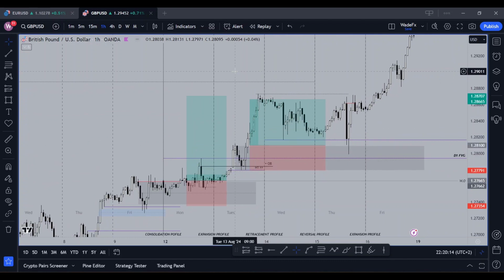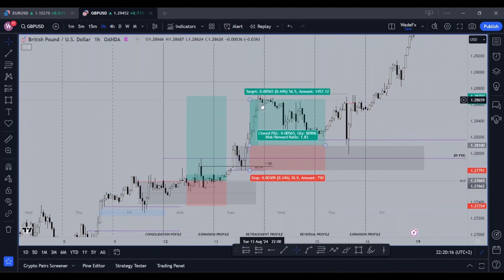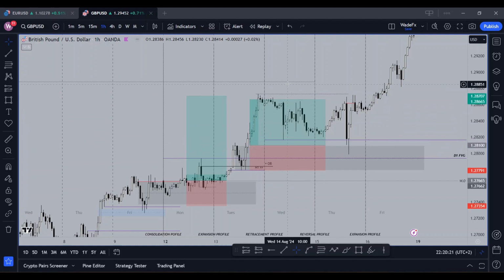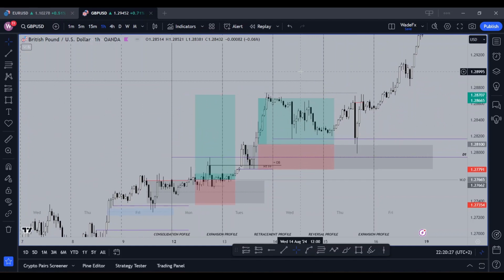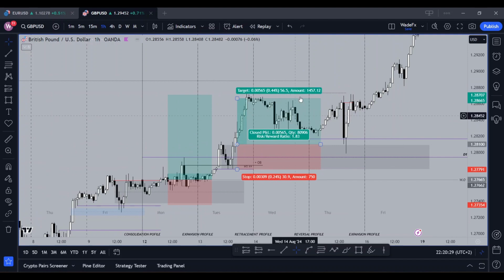So on the next day, I had this trade running. The CPI came out for GBP and the price dropped, and then we recovered a little bit. When the price recovered right here, my expectation was very high that the price could potentially continue going higher. But I also saw that the euro dollar at that time was retesting a daily bearish fair value gap. I was kind of skeptical that the price could go higher, so I decided to cut the second trade